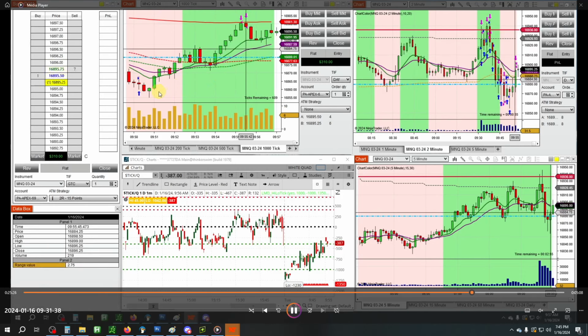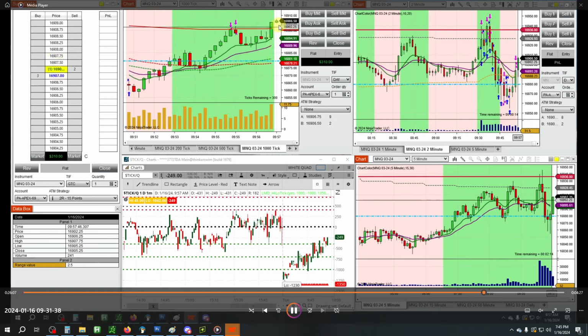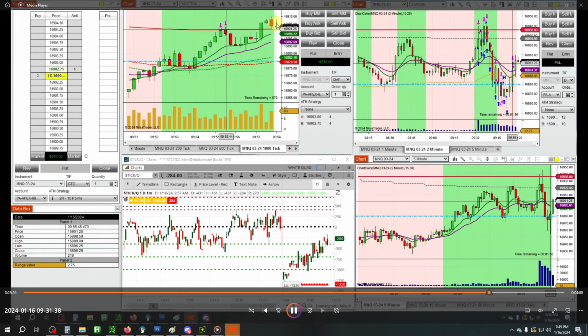Draw a line from this point to that point, extend it. You can actually go from this point to that point now, and these are the test. That was the test of that trend line. But there's the push. There's the break over it. Off to the races. Now, could I have held this 1 or 2 to see if it was going to do it? Yeah, I could have, but